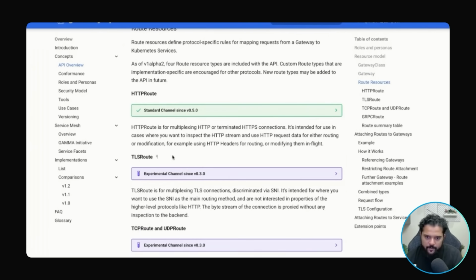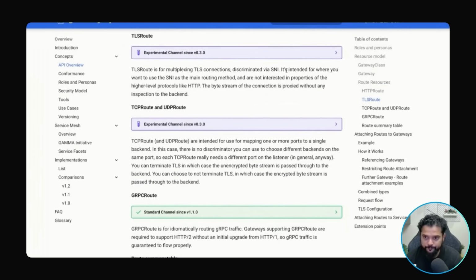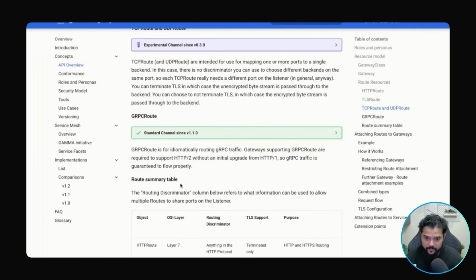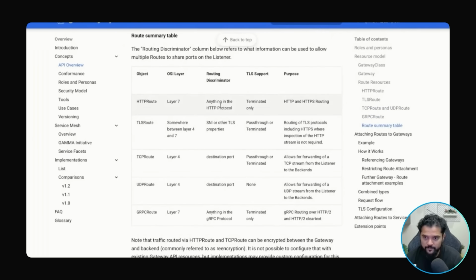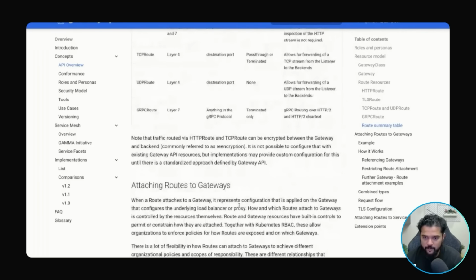So you have the HTTPRoute, and you can read what it is about: HTTP or terminated HTTPS connections. TLSRoute, you have the TCPRoute and UDPRoute, you have the gRPCRoute, with a brief description of what each of those are,